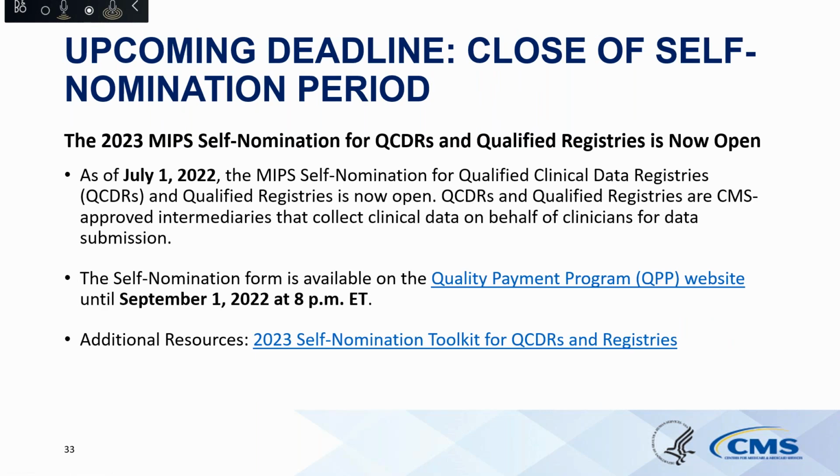Okay, again, one more 2023 update. We have our self-nomination period for QCDRs, so qualified clinical data registries and qualified registries. This is open now. It opened on July 1st. And this is really the self-nomination process that QCDRs and registries just basically let CMS know that they would like